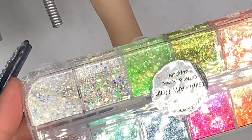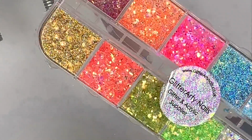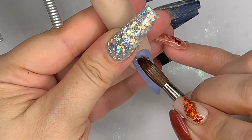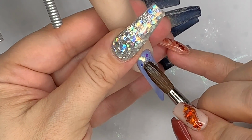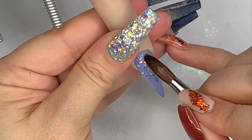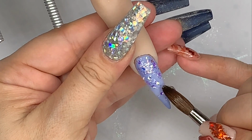I got this mixed box from Glitterati. I bought this a couple of days back, and it's got a bit of everything in there. I think it's from the Iridescent collection. And this is just the more neutral iridescent glitter that was in there. So I did a little fade. It wasn't heavy at the cuticle area,